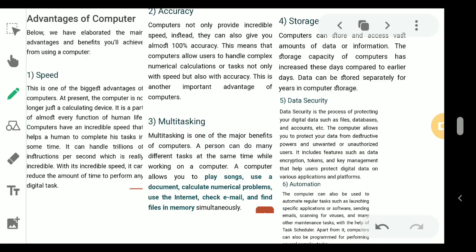So with this incredible speed, it can also reduce the amount of time, depending upon performance, so that trillions of instructions are executed in a minute. In terms of performance, it's huge, and it is also saving time. Okay, and the next point is